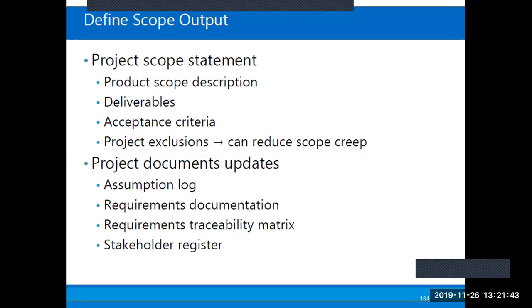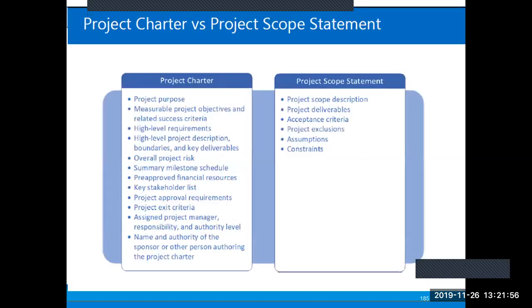Okay, another output there is project documents updated. So the project scope statement is made up of product scope description, deliverables, acceptance criteria, and project exclusions. Now, we have to examine